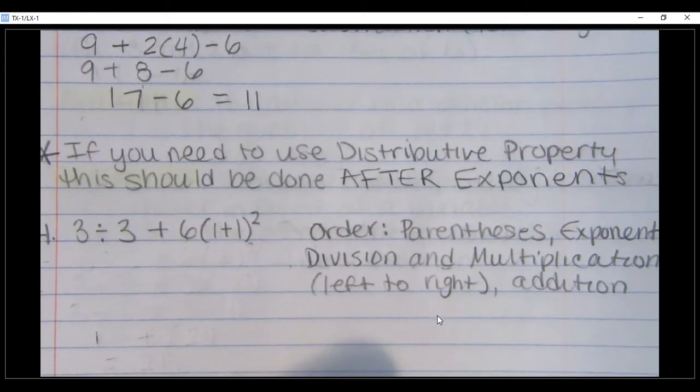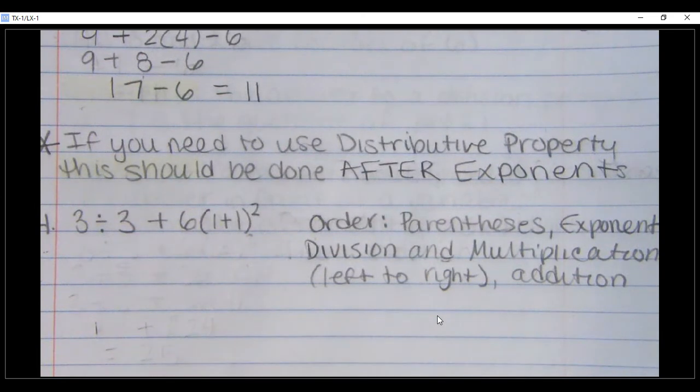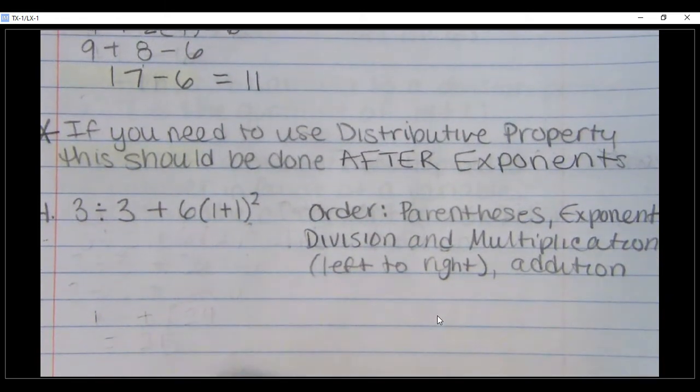We do have one more example for you, but I did want to point something out. So kind of keep it in your mind. We've talked about this in our last set of notes, but if you're using distributive property, this should be done after you do the exponent. So distributive property is just like multiplication. So what happens is multiplication doesn't occur until after parentheses and exponents. So that's why we have to wait until then. Here's an example of where you might see something like this. So we have 3 divided by 3 plus 6 times (1 plus 1), all to the